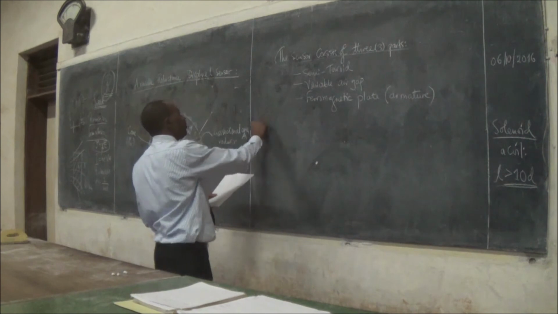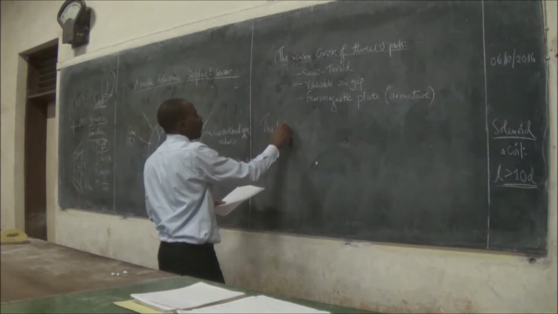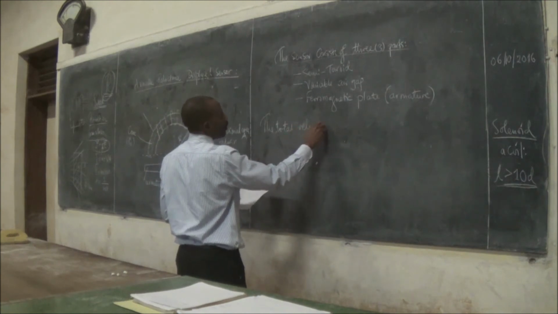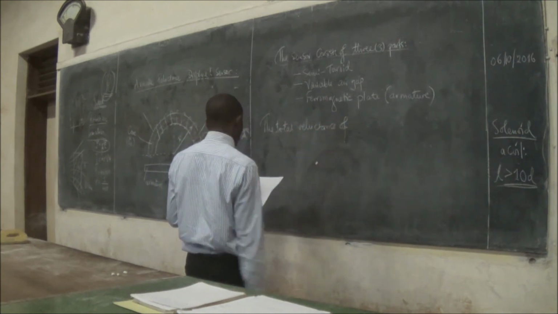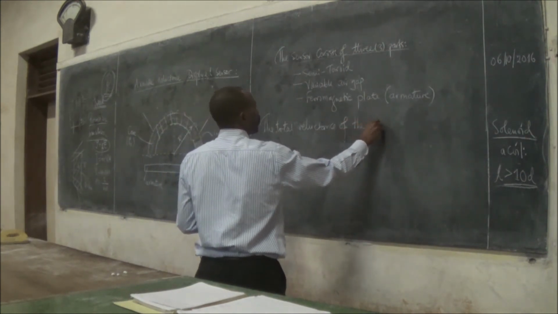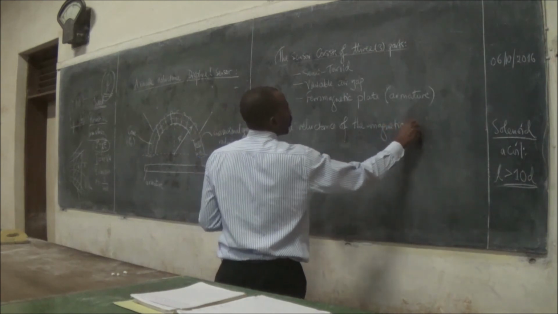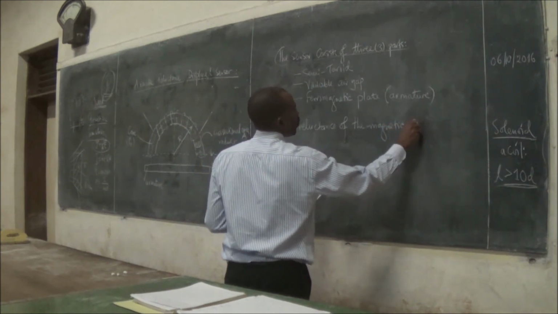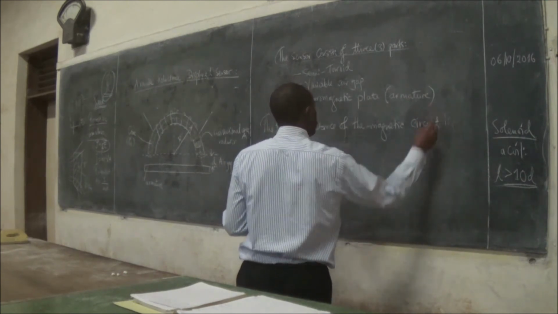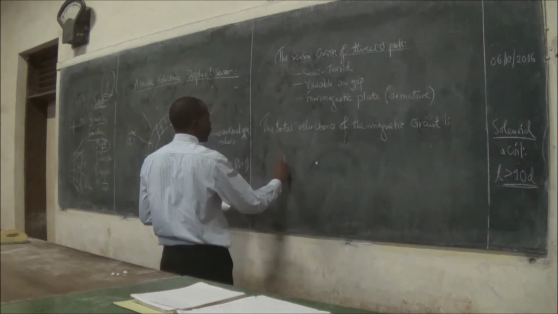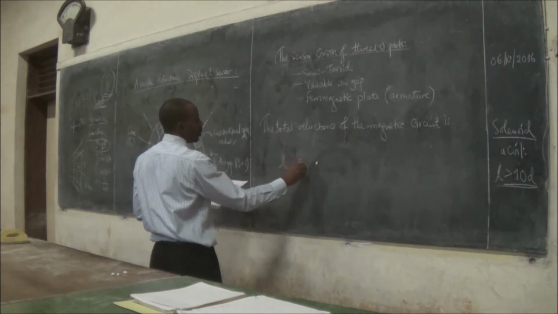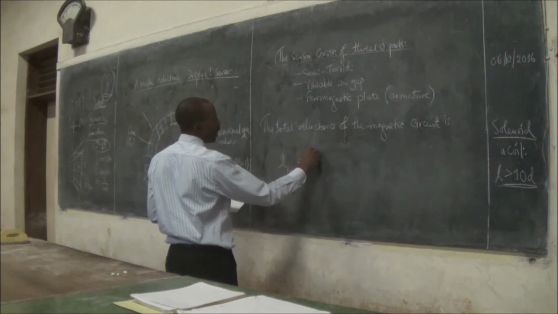So the total reluctance of the magnetic circuit, script R total, equals